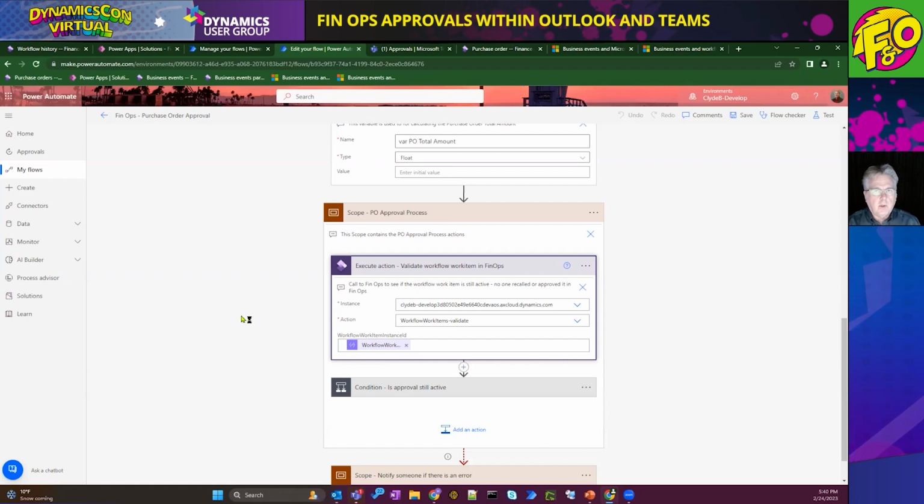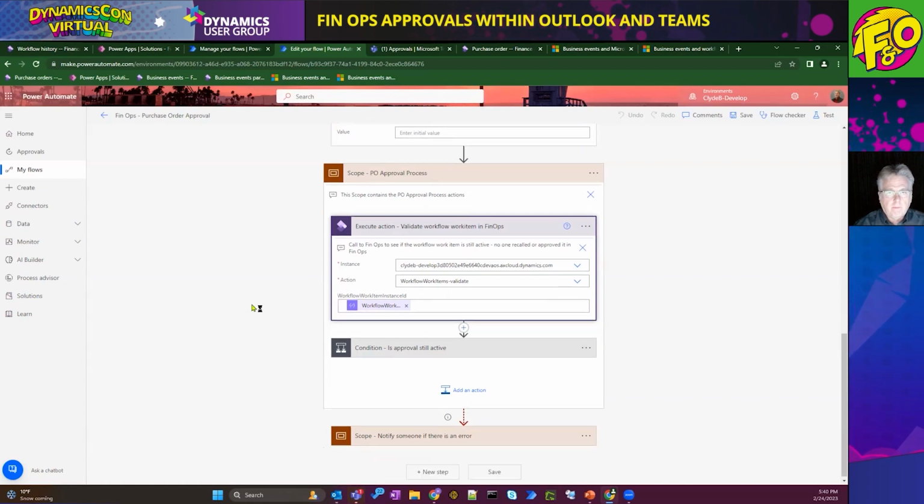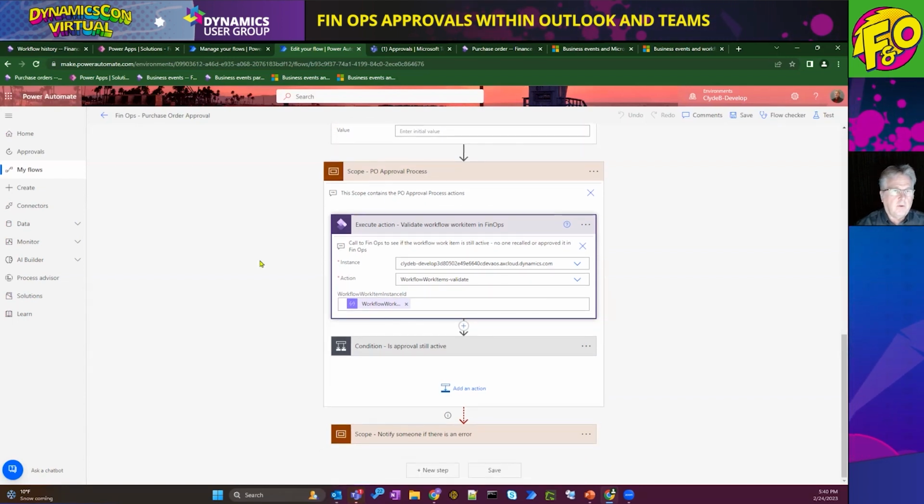There's a chance that maybe the user who submitted it decided later, oh wait, I got to recall that. I got to add a couple more line items or something changed. So we don't want to send out an approval if it doesn't actually exist anymore. Or maybe the approver happened to be in FinOps at the time and saw it and approved it there.